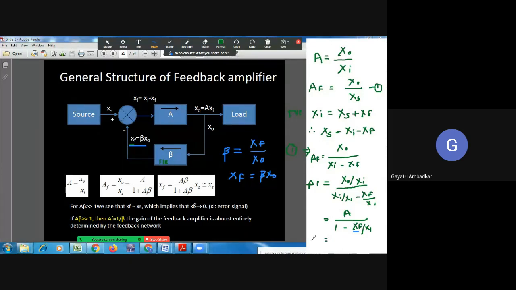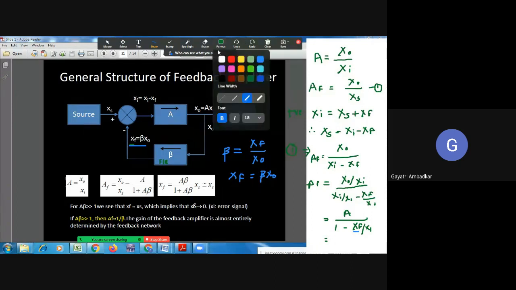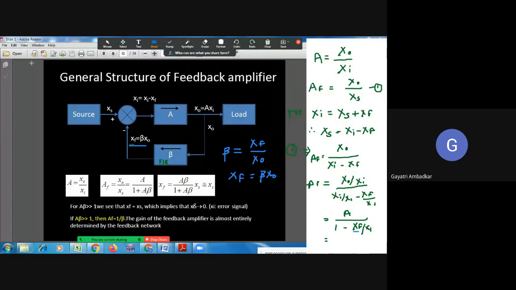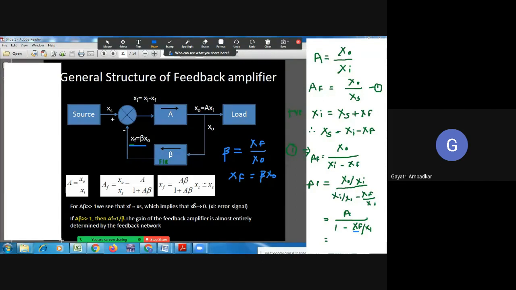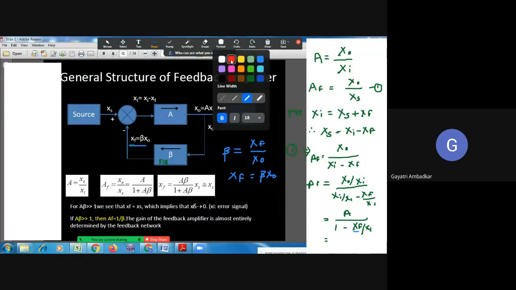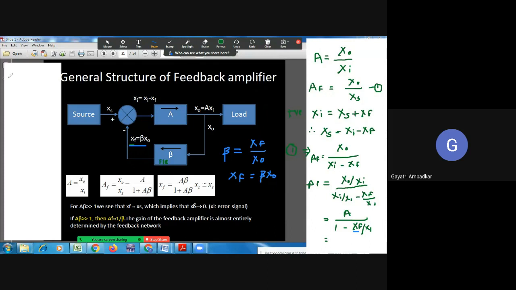So my feedback gain AF will be equal to A. So feedback gain is equal to A upon 1 minus this XF, which I am replacing by beta times XO,